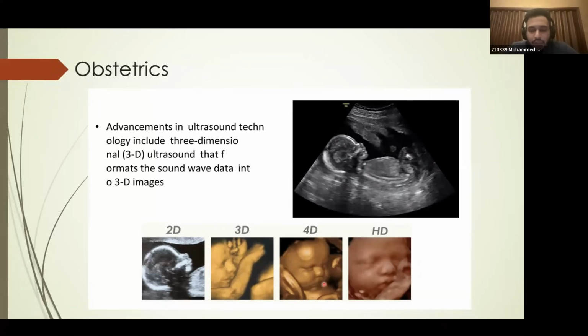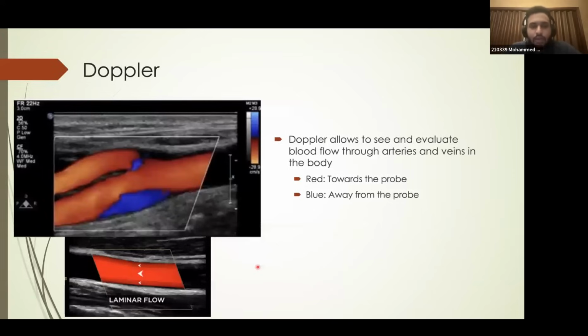So you can basically clearly see the baby here. You can tell if they have any structural defects, abnormalities, if they have cleft lip, cleft palate, you can clearly tell it from here, but this patient is obviously normal, but you will be able to if the baby had it. That's what I'm trying to say. The next application is Doppler. Now Doppler,